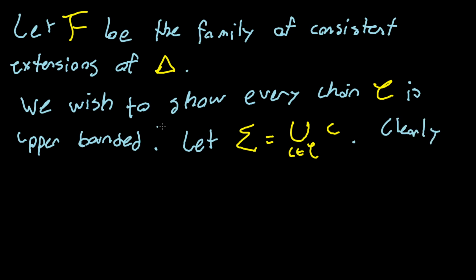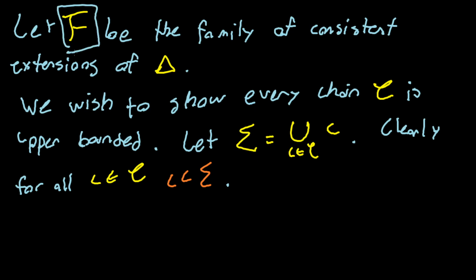Okay, so clearly, we don't even need to prove this, right? But clearly, for all C in the chain, C is a subset of sigma, right? Just because this is a union, so that's obvious. So it's clear that certainly sigma is an upper bound, except the one remaining thing is sigma is definitely an upper bound, but is it in this, right? So basically, it remains